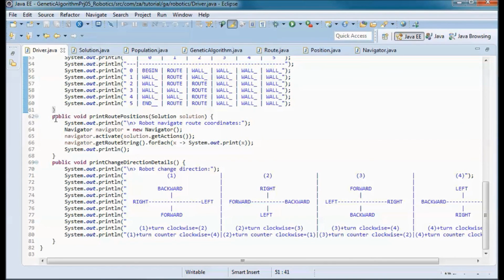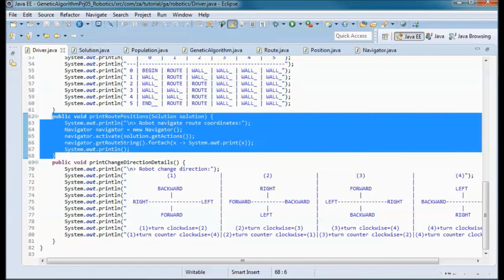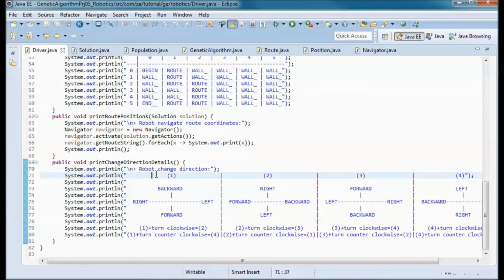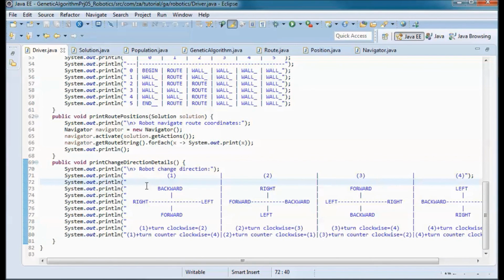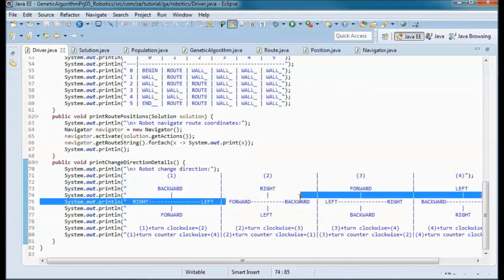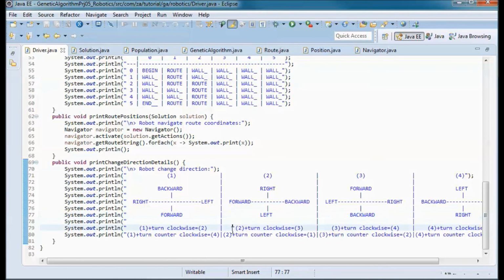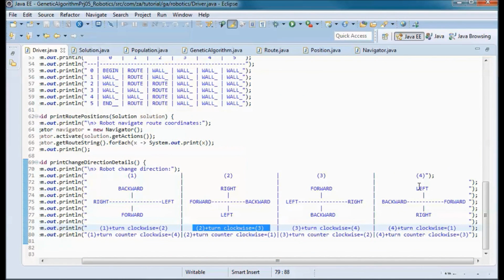And this will print what the robot is doing, and this would print the directions basically when the robot changes direction. So from the point of view of the robot, if we are in this position and we turn clockwise, then we end up in this position, etc. 2 turn clockwise, we end up in 3. 3 turn clockwise, we end up with 4.